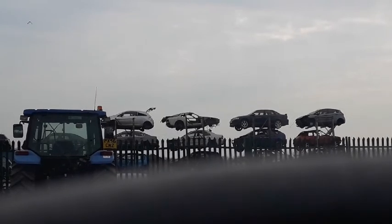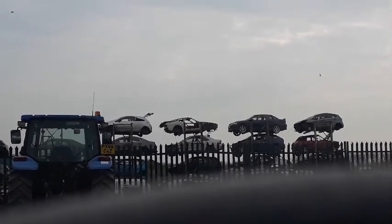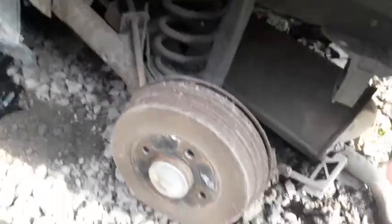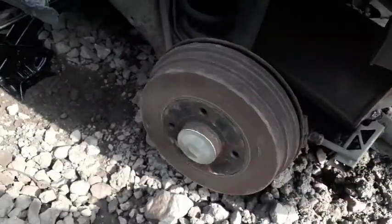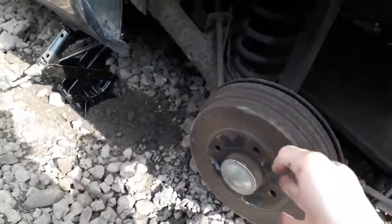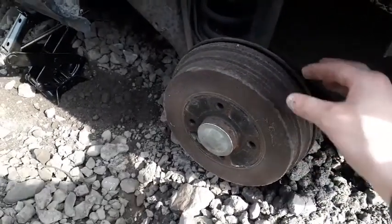Porsche 944 up there. Wonder what sort of life that had. So as you probably know, I do need a rear hub, well, wheel bearing. I think this one is the one I'd have to go for because it's the only one I can get up. Just need to tap this off and